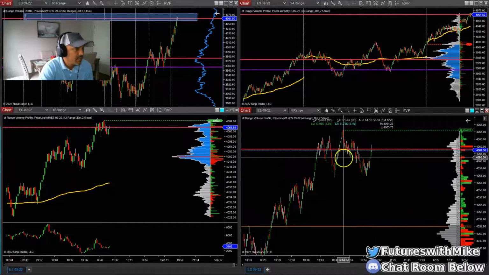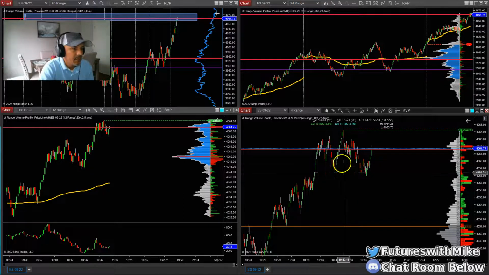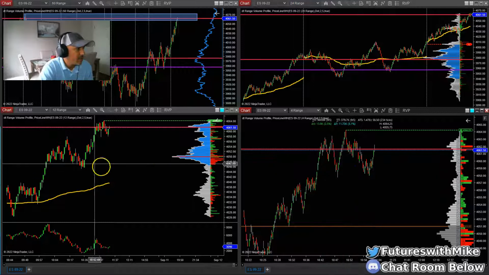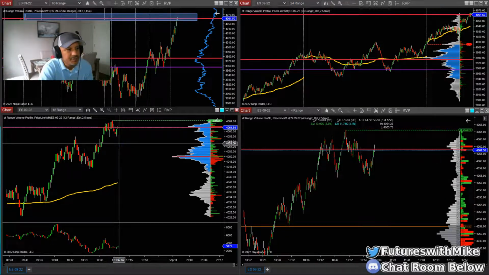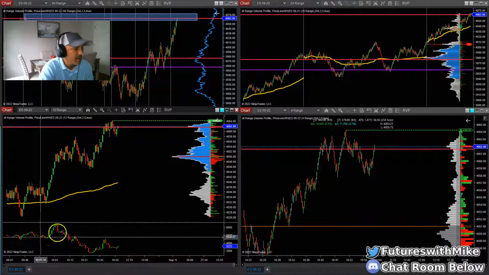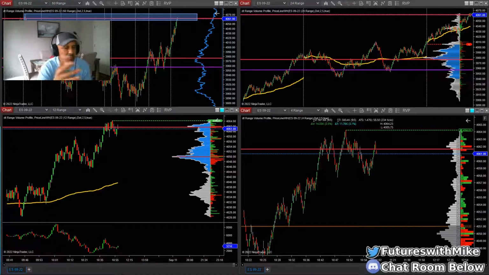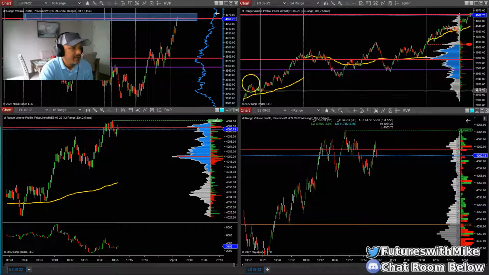All right, so we're back up here at this area of supply. That is risky trading. But I saw, look at the 4 range, price is rotating right here. The 12 range is not really giving me a clear picture. But I saw activity on the 4 range here that led me to my entry going long there. But again, like I said, it's a dangerous area because this is major resistance here.